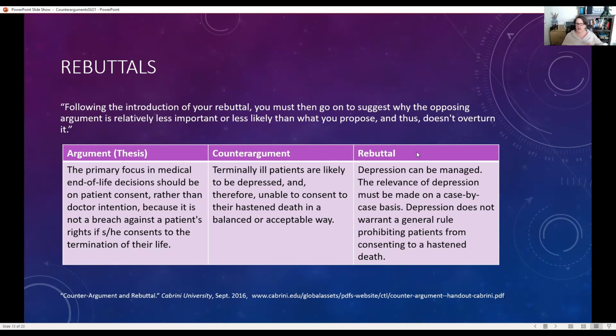And then the rebuttal here is turning back to reaffirm your own position. Depression can be managed. The relevance of depression may be made on a case-by-case basis. Depression does not warrant a general rule prohibiting patients from consenting to a hastened death. So here, you see this is actually an argument on